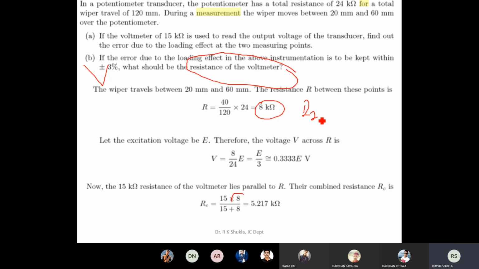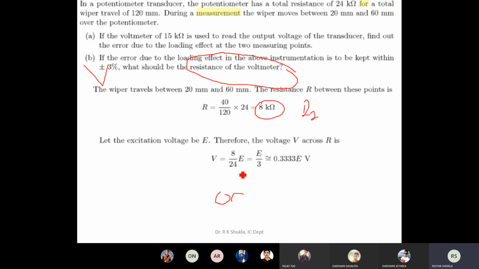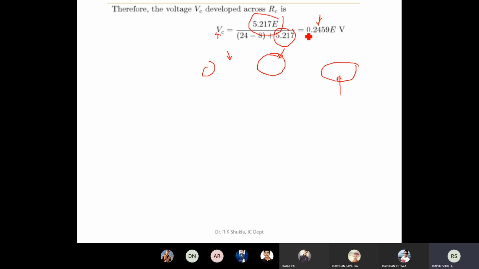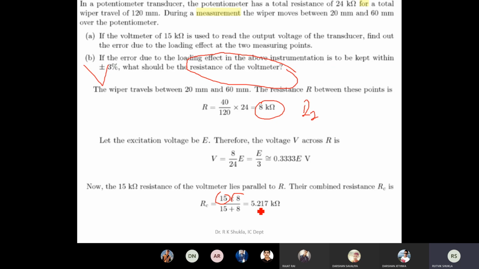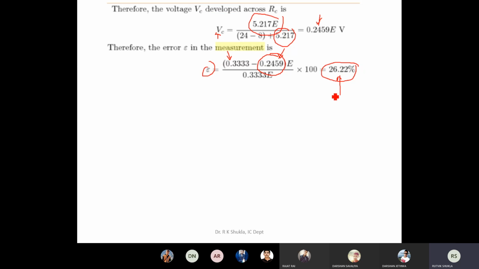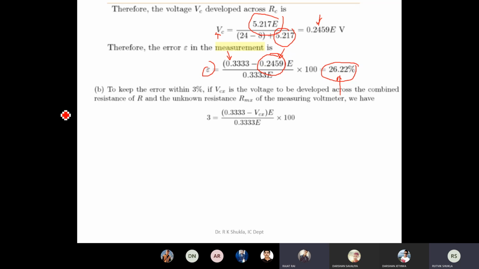જે વાઇપરનું ટ્રાવેલ થવાના કારણે રેઝિસ્ટન્સ આવે છે that is R2. It is known. But what is unknown? That is 15. So for finding this particular thing from here, again તમે અહીંયા મૂકશો, then you can find out this value of 15. This is the reverse process. આમાં અહીંયા ખબર હતી એટલે આપણે આગળ વધી શકીએ આ રીતે, અને અહીંયા આપણને ખબર નથી એટલે અહીંયાથી આપણે આખું ઉલટી પ્રોસેસ કરવાની છે. So let's see that.